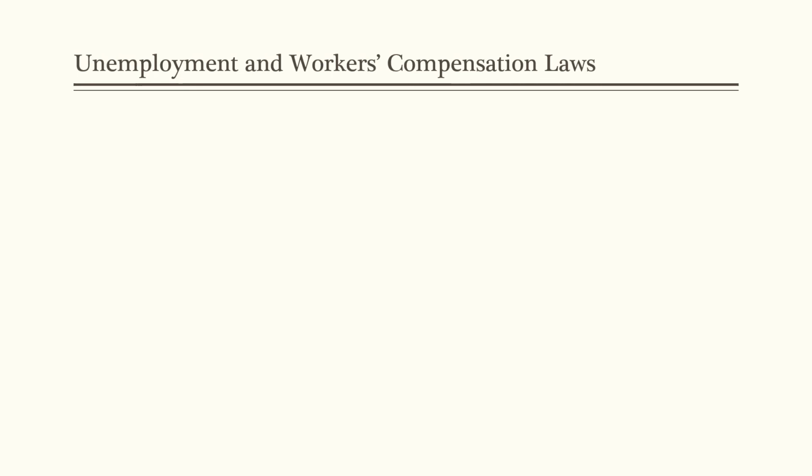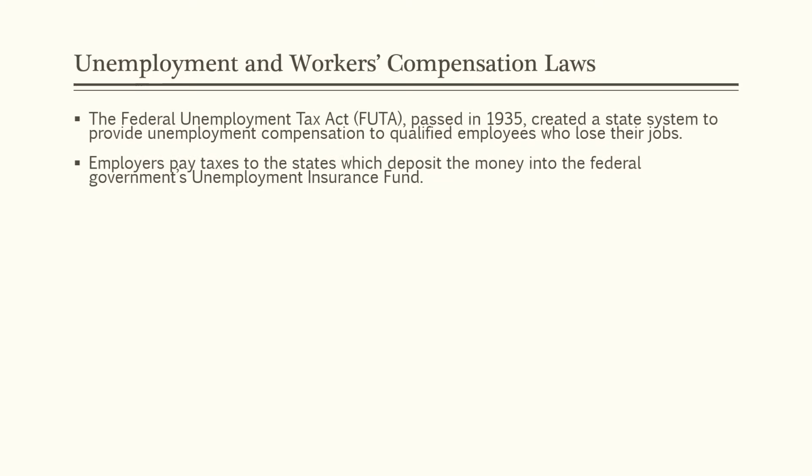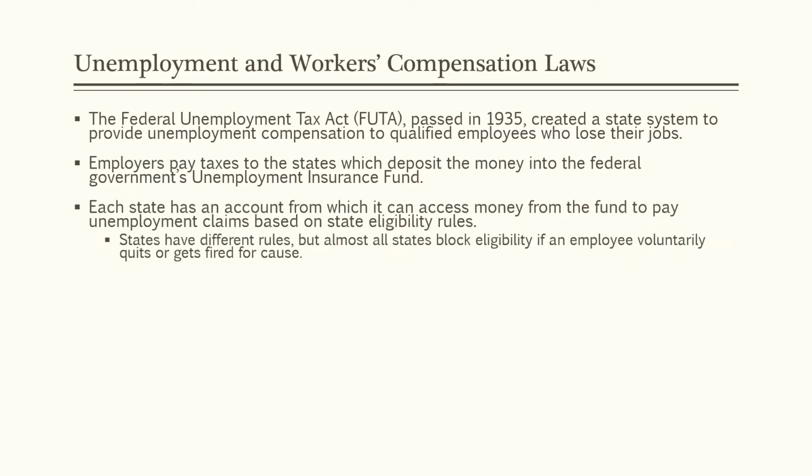Next, we will discuss unemployment and workers' compensation laws. The Federal Unemployment Tax Act, FUTA, passed in 1935, created a state system to provide unemployment compensation to qualified employees who lose their jobs. Employers pay taxes to the states, which deposits the money into the federal government's unemployment insurance fund. Each state has an account from which it can access money from the fund to pay unemployment claims based on